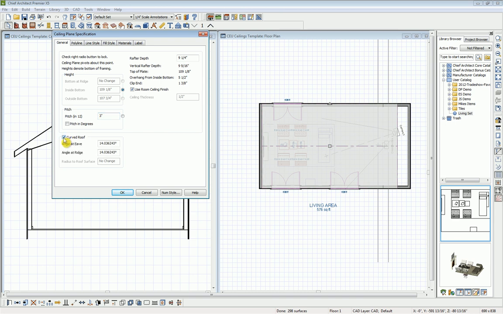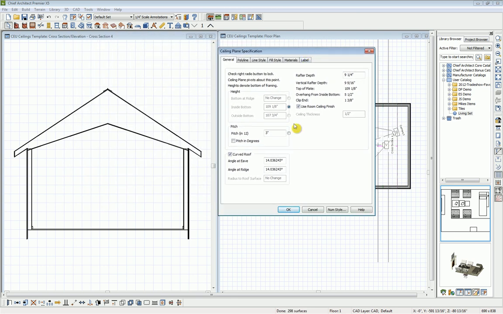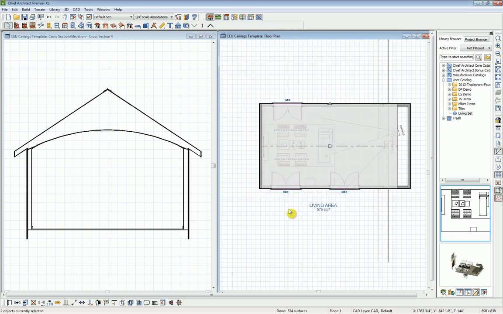these ceiling planes. And what we want to do is, for that curve, we want the angle at the ridge to be 0 degrees. So we're changing that to 0, and what that means is at the ridge, this angle right here is going to be essentially 0 or flat, so that we get a nice arc that goes from one side to the other. So with that done, I'm just going to click OK, and now we get that regenerated into a nice arc